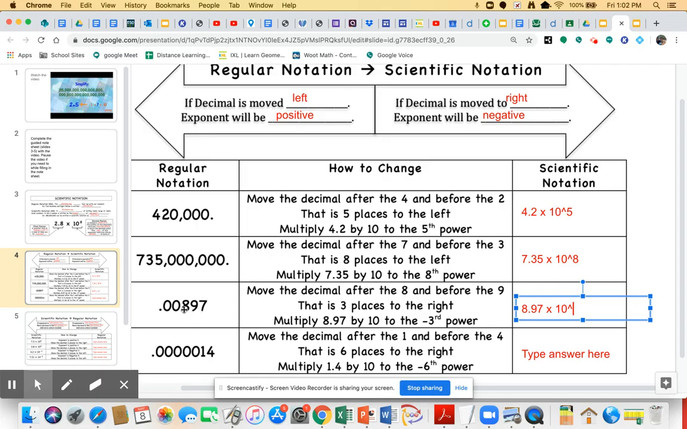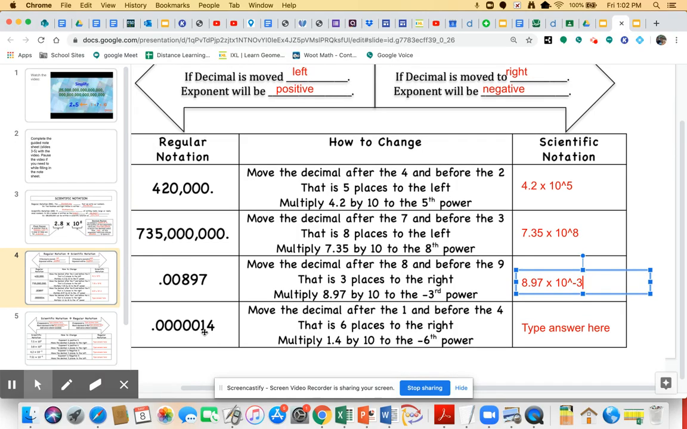Now we have to figure out, remember this said if we take our decimal to the right, and we're going 1, 2, 3 spaces to the right, where over here we were moving that decimal to the left. So because we're going 1, 2, 3 spaces to the right, that's going to be 10 to the negative 3rd power. And our last one here,